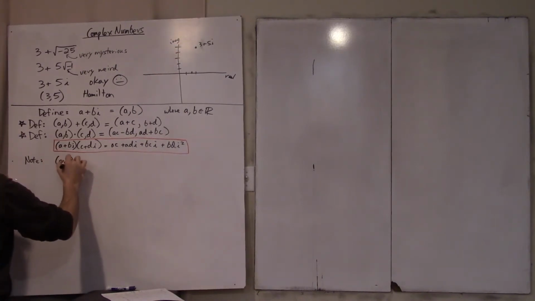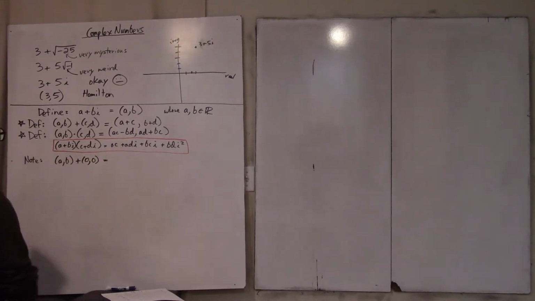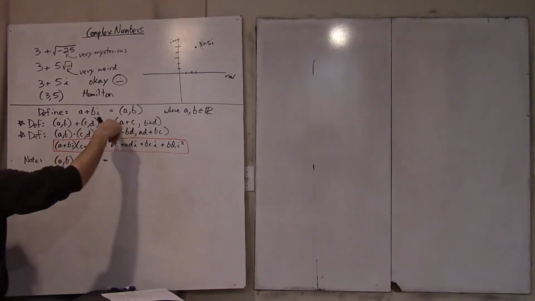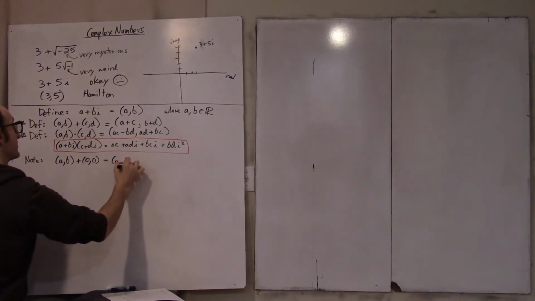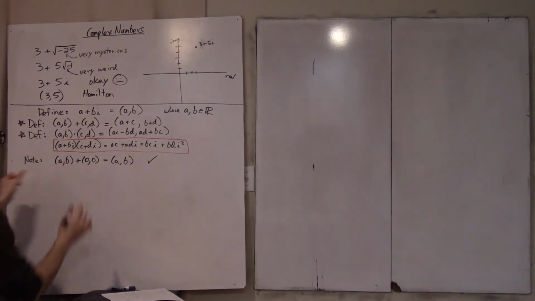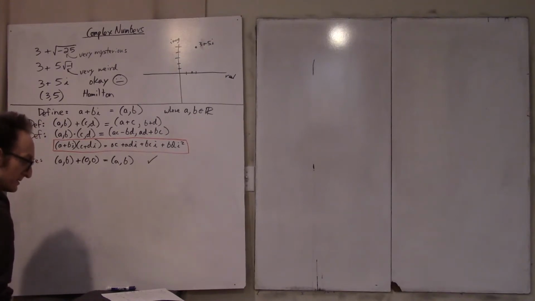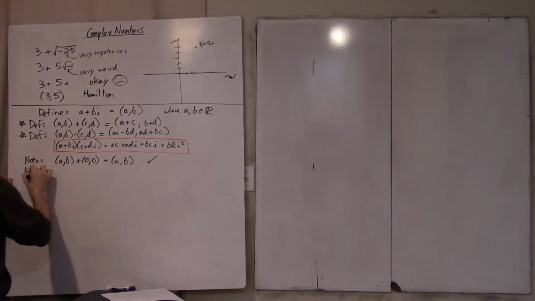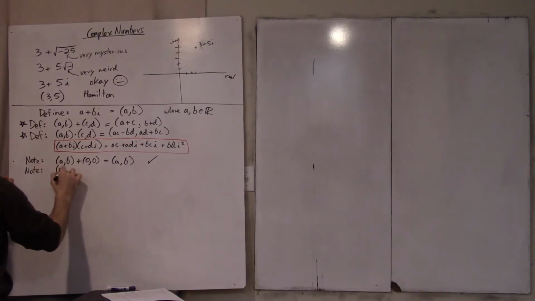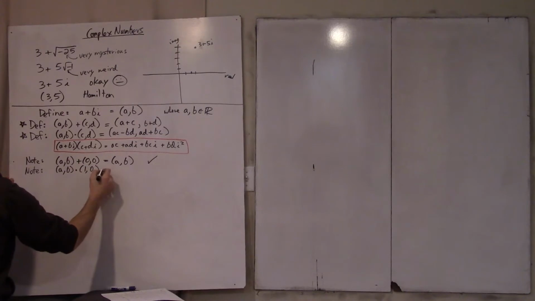Hey, I noticed something. When I add (a, b) plus (0, 0), then what happens? Well, if I just follow my rule of addition, then I just get (a, b). That makes me happy because it means that I have found an additive identity element. It's the ordered pair (0, 0). I noticed another thing, which is that if you multiply (a, b) times (1, 0), don't ask me how I came up with that, but it's pretty clear how I did it,